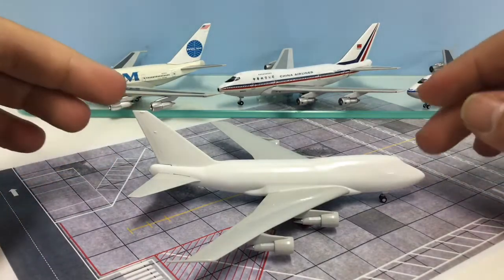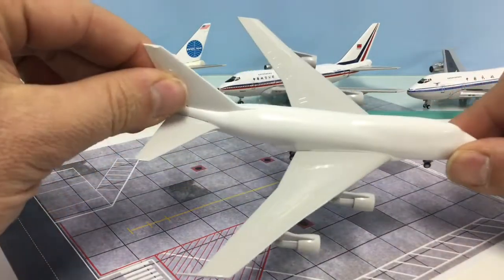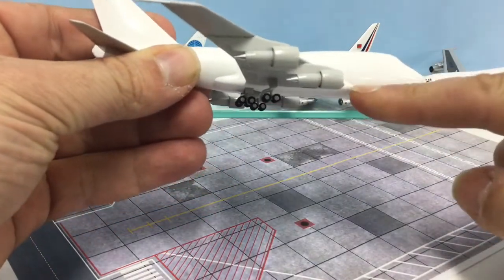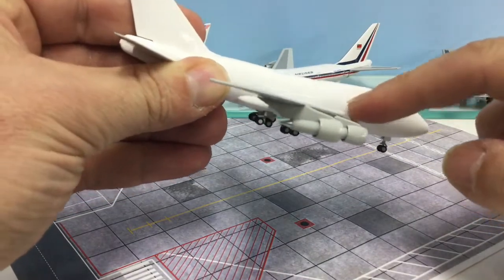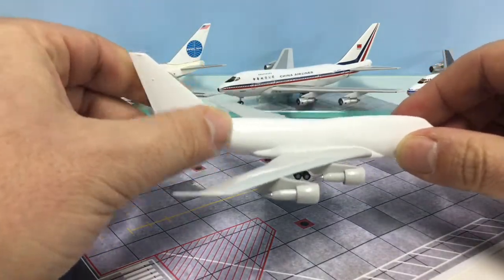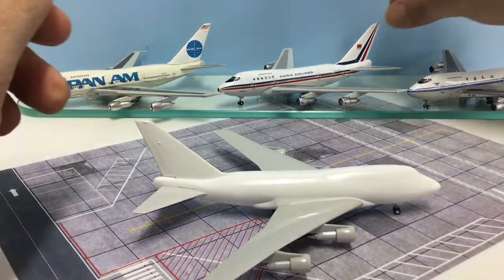Obviously this is a modern mold, so it's not cradle fit. The wings slot in nicely into the fuselage here, and it's a very tight seam, very beautifully crafted, and that means that you've obviously got plenty of scope for having a very realistic fuselage joint fairing here and across and around the back as well. And you see that lovely shape of that, really nicely crafted, which is a major improvement over the older Gemini mold, which you can see in the background here, which of course,